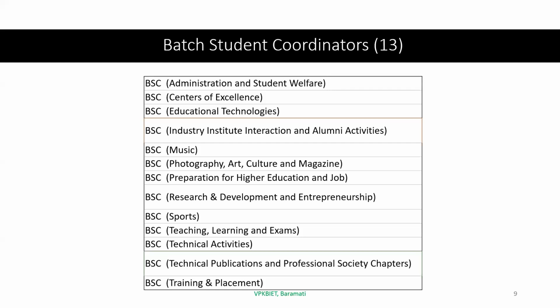Then we have a batch coordinator for centers of excellence. Now we have 69 centers of excellence, and these 20 students should contribute and take part in different centers of excellence. When we have a smaller group, it becomes very easy to convey our thoughts to a student. When we have a large number of students, like here we have 491 teachers and students right now, probably I may not reach each and every student in a manner that I can, and here we are not able to see each other, so effectiveness goes down further.